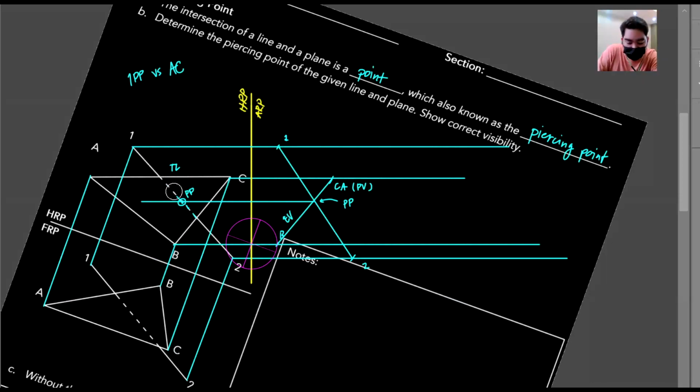Try naman natin what if hindi ito yung test point na ginamit natin. So let's just try. Imagine natin na ito naman yung test point na ginamit natin. So it doesn't really matter kung ano yung test point ginamit natin. It should give you the same result. So let's just try itong test point na to yung ginamit natin. So if that's the case, then instead of 1 pp versus AC, ang tinitingnan natin dito, kino-compare is actually PP2 versus, and that's PP2 meaning from this point to this point, this line segment here,